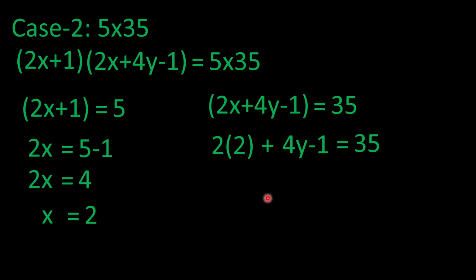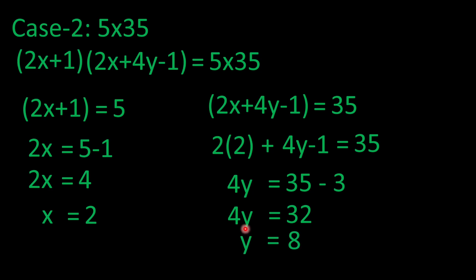So this equation will become 4y equals 35 minus 3. So 35 minus 3 means 32. So the equation will become 4y equals 32, and y equals 8 when we divide 32 by 4. So it means that now we have values of x and y, which are 2 and 8. So this was the second case, and now let's move toward the third case, in which we have the factors